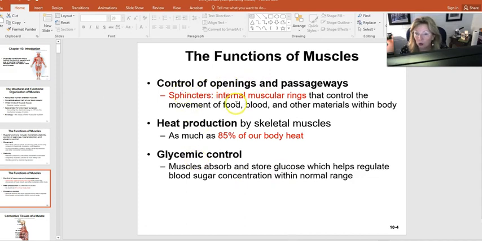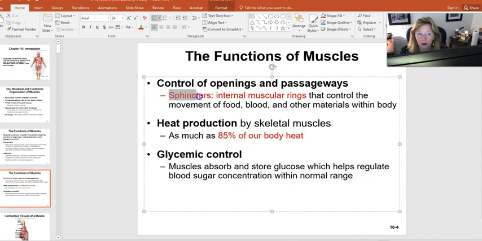Again, controlling organ volume. Sphincters are these round muscular rings that actually help to move things within these vessels. If it's the GI tract, it means it's moving food. If it's in the blood vessels, it's moving blood. If the smooth muscle is surrounding lymph vessels, it's moving lymph through our system. So very important